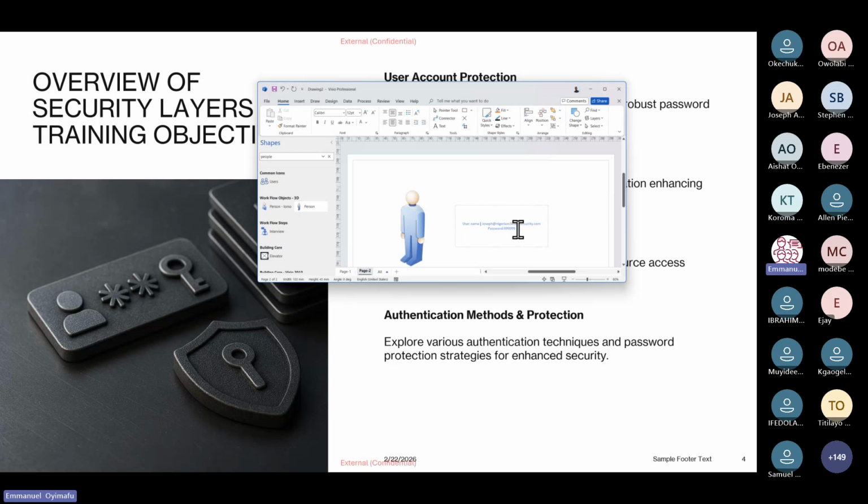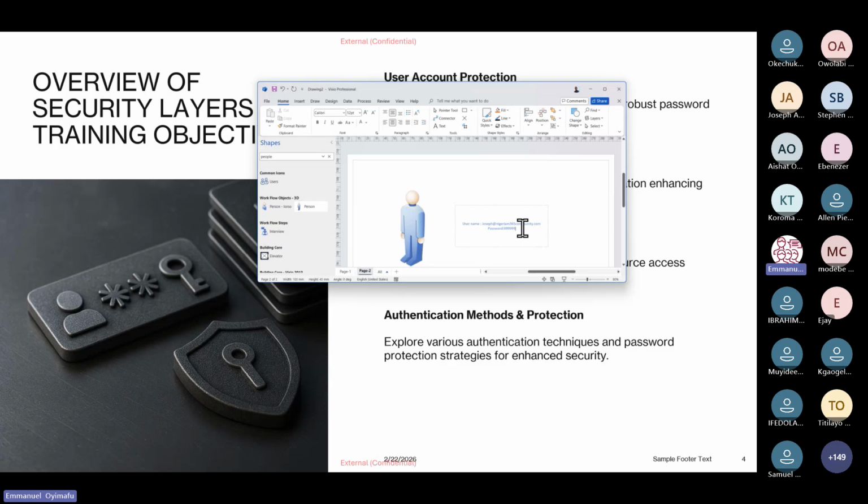Why single factor authentication is very risky is because, God forbid, if there are no password protection measures in your organization and users are using some easy to guess passwords, hackers can try numerous passwords, and if they happen to get the right password that the user is using, what that means is that they have compromised the account and they can access company information that particular user has access to.